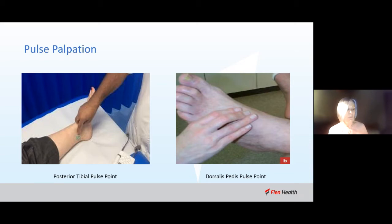But having said that, we all know that our patients don't have feet nice and slim like this. They tend to come in with a bit of edema, a bit of swelling, maybe even some compression bandaging on, and it's very difficult to feel the pulses. Not being able to feel them doesn't mean that there is a great issue. However, discuss with your local specialists what sort of pulse palpation they'd like noted in the referral, or if they'd like any other